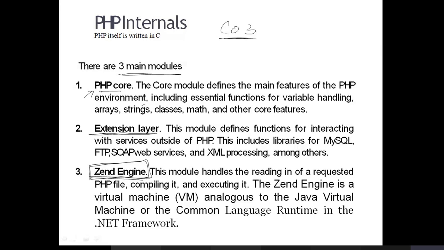Also, in the .NET framework, I don't know if anybody is aware of it, there is a module called the Common Language Runtime. This is similar to the JVM, but for the .NET framework. In the same manner, the Zend engine performs this for PHP.